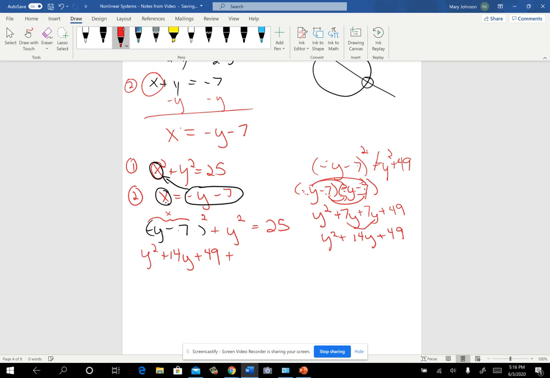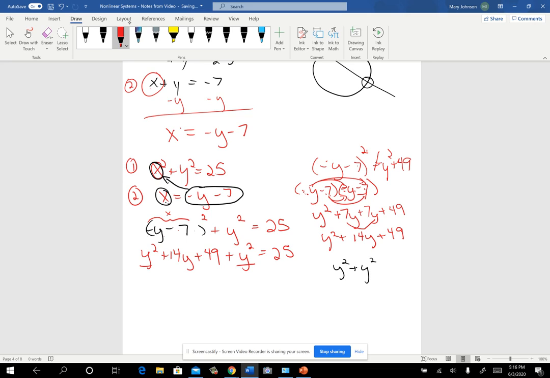Don't forget, you still have a plus y squared and the equal to 25. Right, so at this point, I'm going to go ahead and combine my like terms. I've got the y squared plus the y squared. We had a good discussion about this in class. Y squared plus y squared